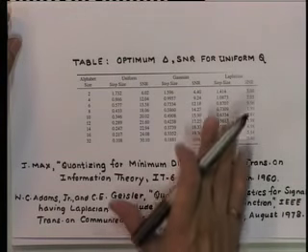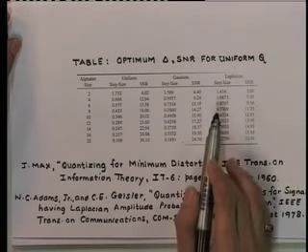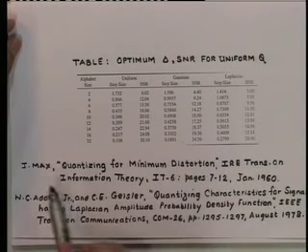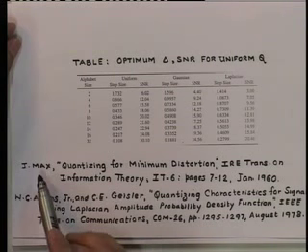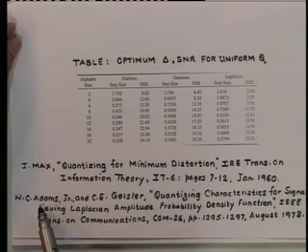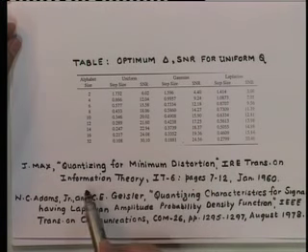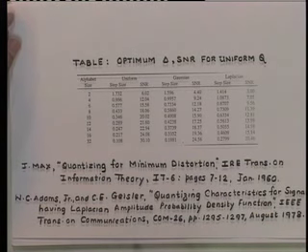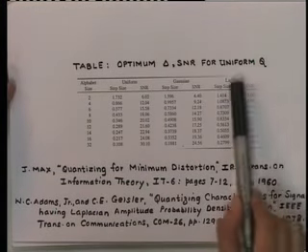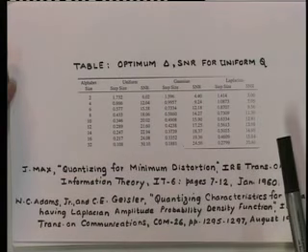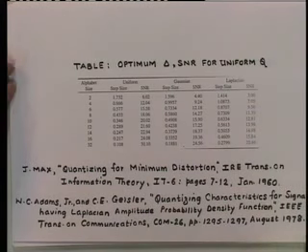Now, the results given in this table are taken from these 2 papers. One is by Max and the other is by Adams and others, which had appeared in IRE Transactions on Information Theory and IEEE Transactions on Communications respectively. We will return to the discussion on the results depicted in this table, but before that, it is important